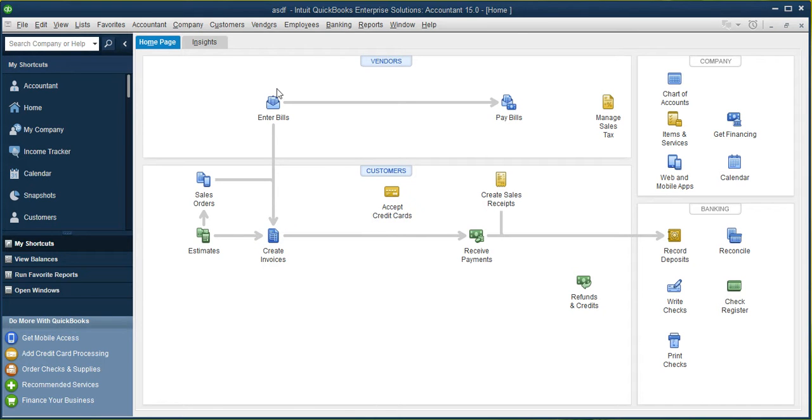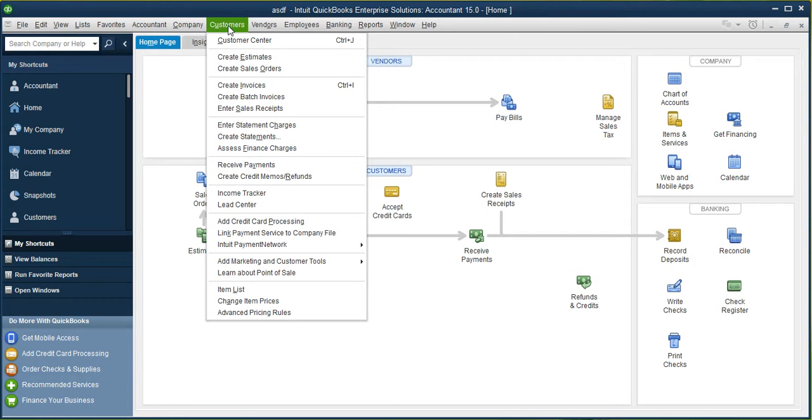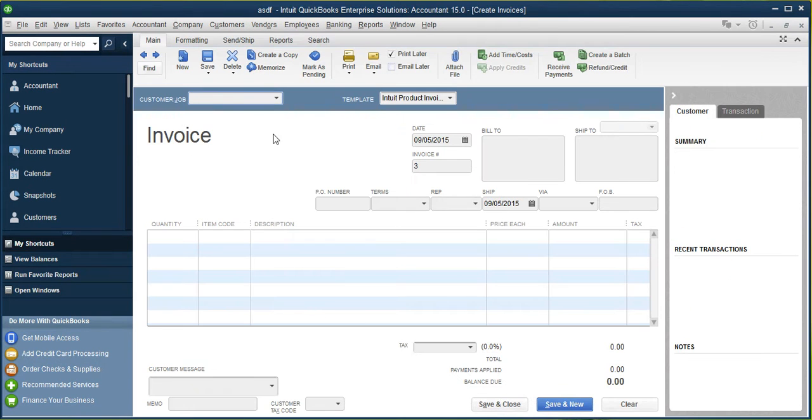or if you go on the menu and then click on customers, you can see here create invoices. If you want to know the shortcut for this one, it is Control and I. Once clicked, you will see this window pop up, and here you will see most of the information relative to